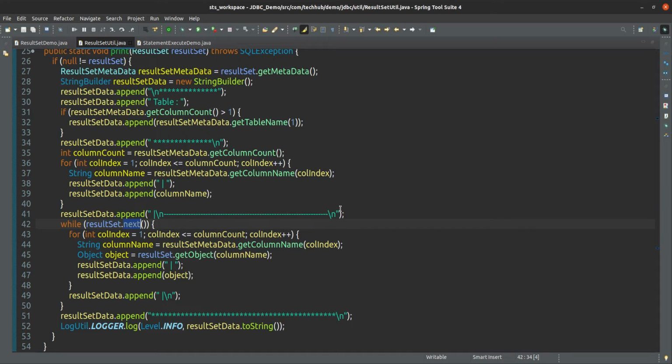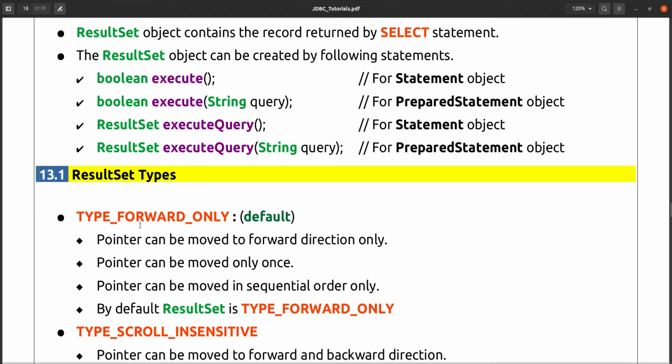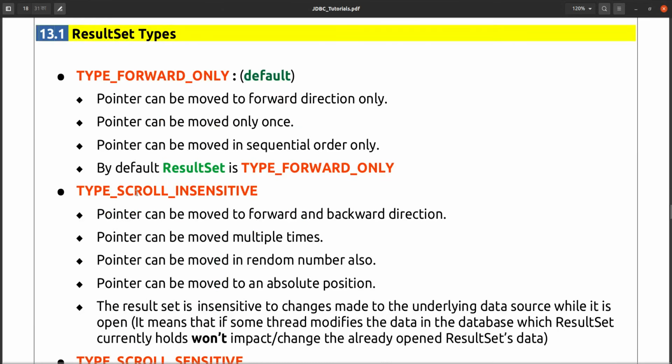If I use result set dot previous, then the pointer of the result set would move backward by 1 position. But currently we cannot do that, because to use result set dot previous, the result set should be scrollable, but this one is not scrollable, it is type forward only.